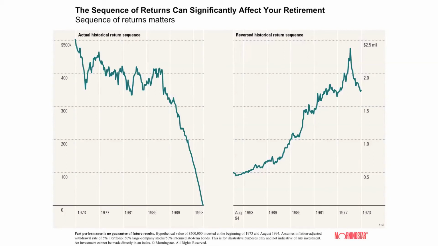Now, if you look at the graph on the right, this is a hypothetical example where the actual historical returns that occurred in the portfolio were occurring in the exact opposite or reversed order compared to the first graph. So the returns from 1994 occurred first, and then 1993, and then 1992, and all the way so that the last returns occurred in 1973. By reversing the sequence of returns, the portfolio experienced higher returns in the early years and low returns in the latter years, and as a result, the portfolio increased substantially over time, more than tripling in value, despite the ongoing 5% withdrawal rate.